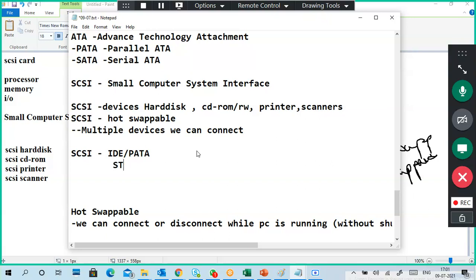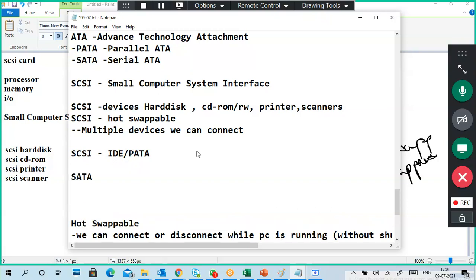But if you use a SATA type, SCSI SATA, so SCSI but the interface is a SATA type of interface. For SCSI, you are using a SATA disk drive. You are using a SATA hard disk or SATA CD-ROM. I'm writing hard disk only just for understanding purposes. SATA hard disk, not our regular SATA hard disk. A SCSI SATA hard disk is called SAS.